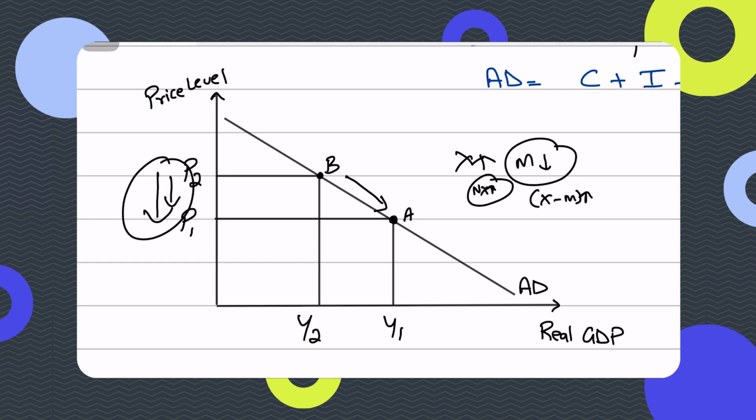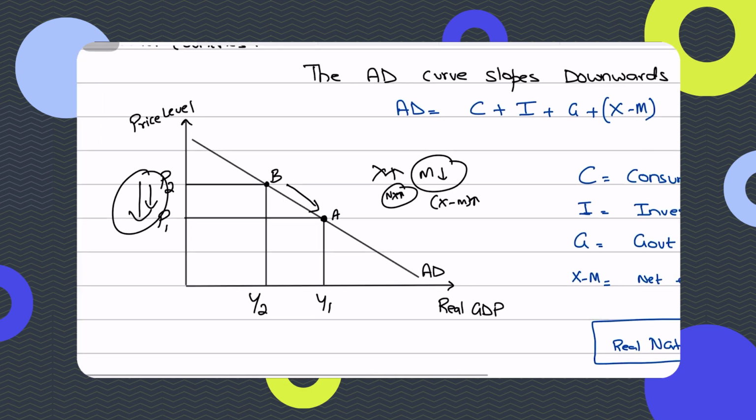Keep this in mind that when the price level decreases domestically, our goods become cheaper relative to foreign goods, which is leading to an increase in exports and a decrease in imports, as foreign buyers increase their demand for cheaper domestic goods, and domestic consumers and firms switch from more expensive foreign goods, because now they're relatively more expensive, to cheaper domestic alternatives. Right, guys, so this is what explains why the aggregate demand curve